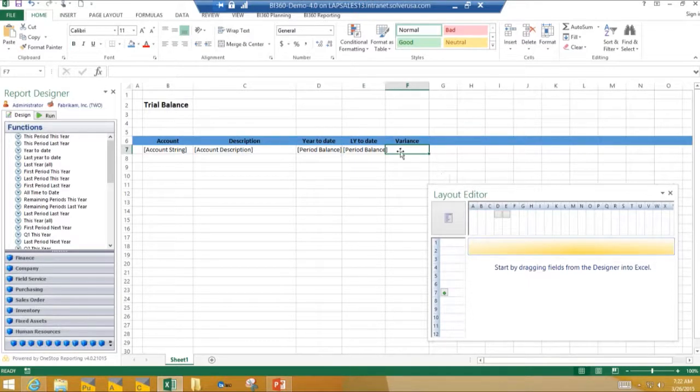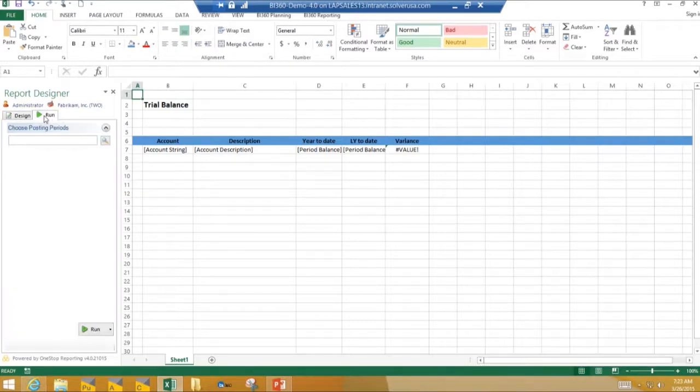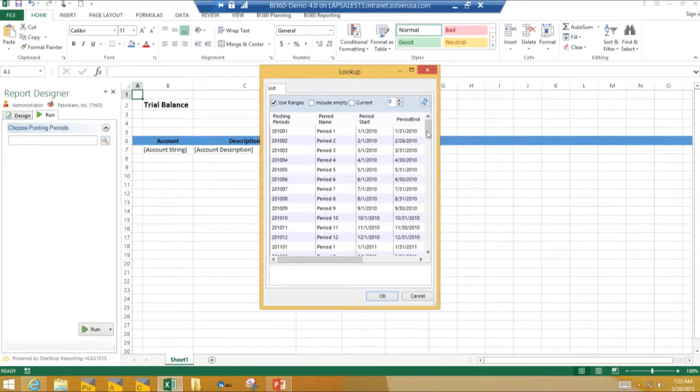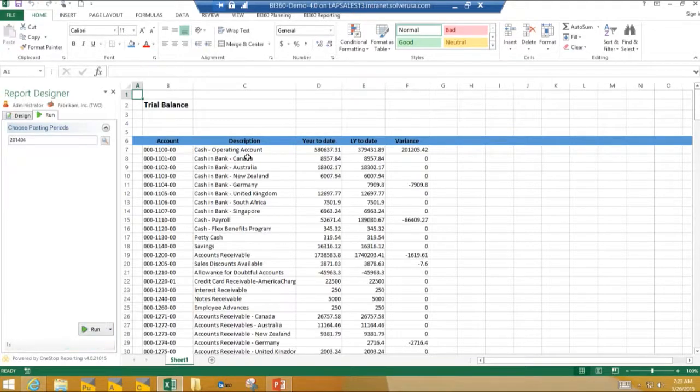And as far as our variance, we're going to utilize, again, a simple Excel calculation, summation rather, of just D minus E for our variance. And so we take the time at this point to go ahead and run, which is the second tab over from our design tab. We now have the ability to choose a posting period. And the historical data that comes over for posting periods is, again, defined upon the data that you bring over from your ERP environment. And so we're going to go ahead and run this for April of 2014, click Run, and we now have a financial statement